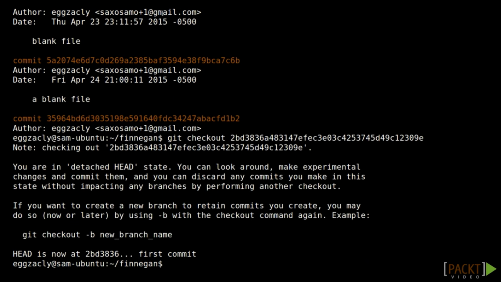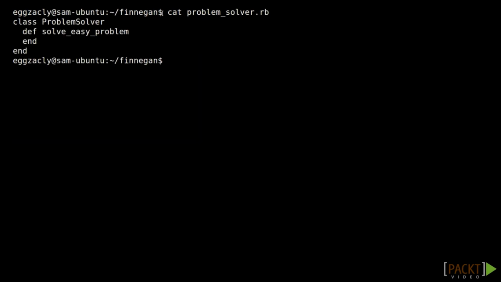Now our directory should be in the exact same state it was in when Zach made his first commit, so let's see what his problem solver looked like back then. As you can see, Zach's utility was only able to solve really easy problems when he made his first commit. No doubt seeing the difference really brings him a sense of accomplishment, as it highlights how much progress he's made